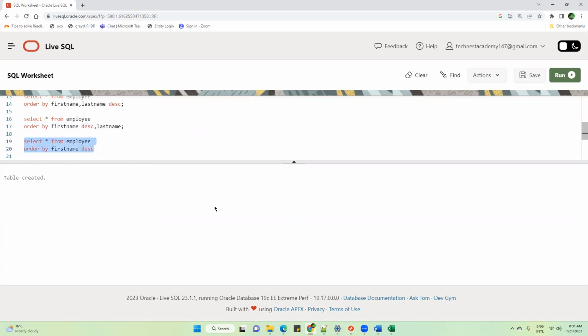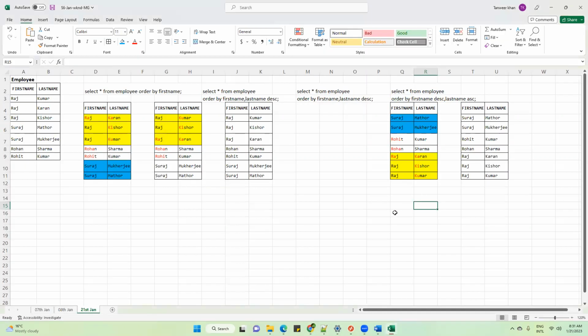You're right. Okay. See, if I run this query, here you are telling the engine that I want to sort the result based on the first name descending order, correct? So in descending order based on the first name, which record will be at the top? Suraj.